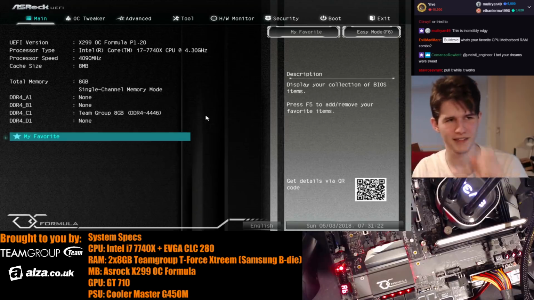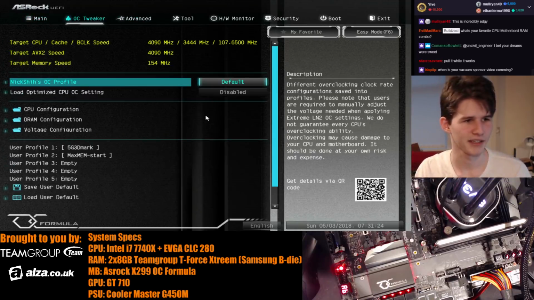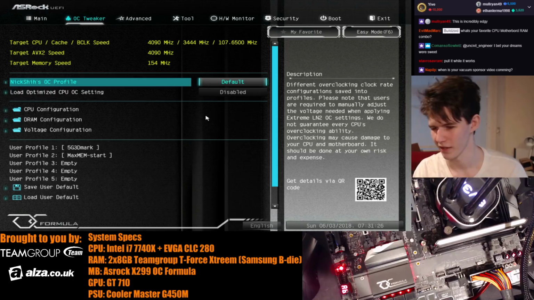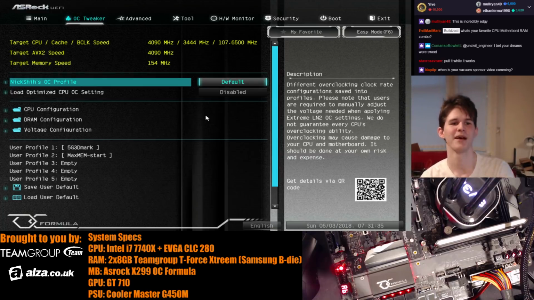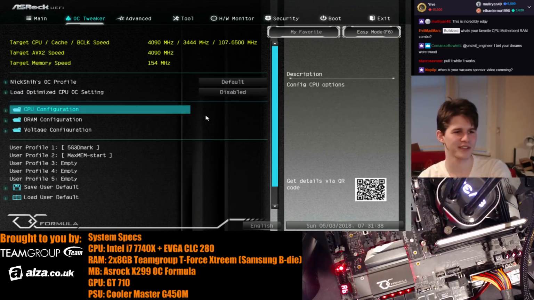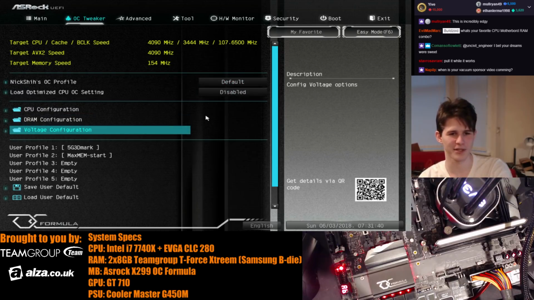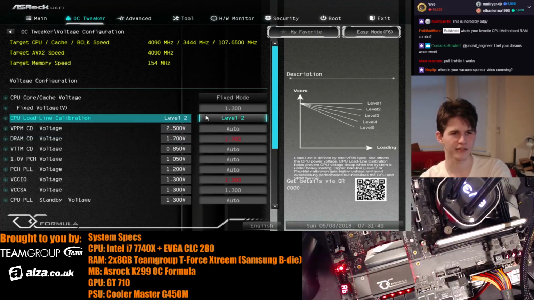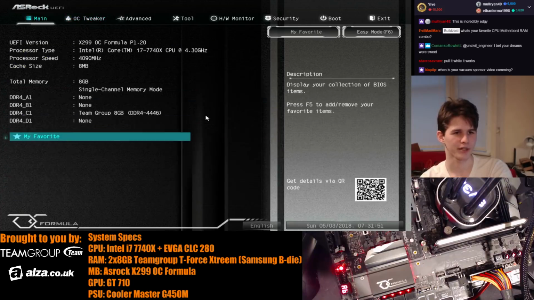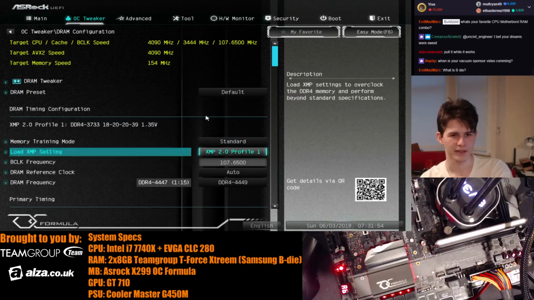I don't like B-die, it's a really, really fiddly memory. It's so fiddly to work with. I much prefer E-die. E-die is so much simpler. You just throw voltage at it, and it overclocks. It's amazing. You don't need to run maxmem. You don't need to do anything special to Windows. You don't need to reboot the system 1,000 freaking times to get the memory to work. It just doesn't clock as high as B-die, so that's a downside for sure. But okay, well, let's see if the